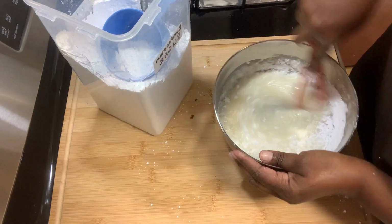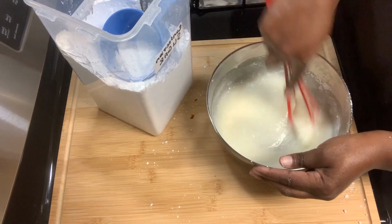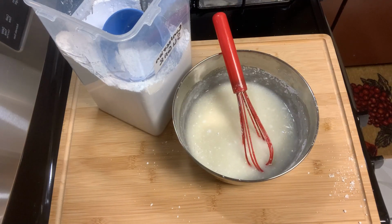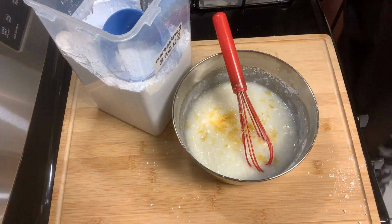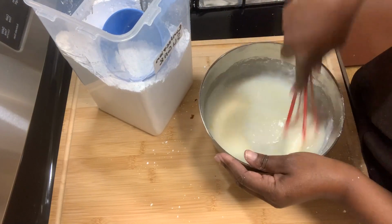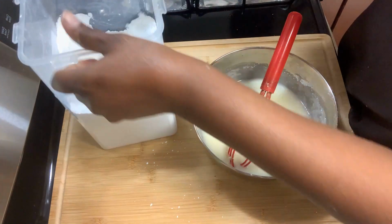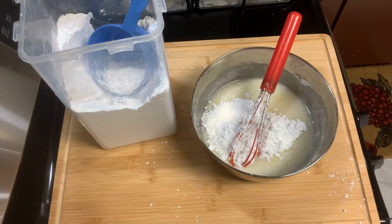I'm making a mess. Don't matter. And I have the zest of 1 lemon, and I'm going to sprinkle a little bit of that in there. Just a little bit. I don't want the entire zest of that lemon in there. And I want this a little thicker, so I'm going to add a little more powdered sugar because I have my garnish here, which is what I did,